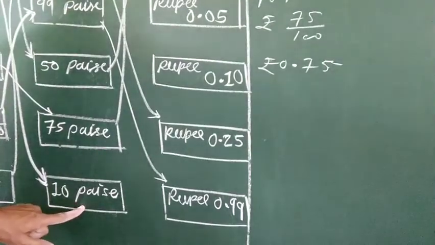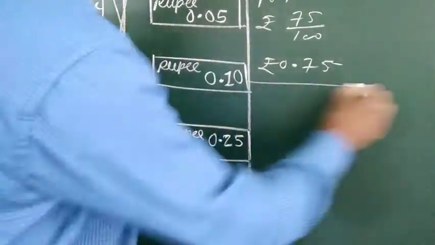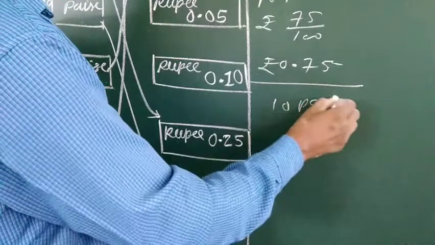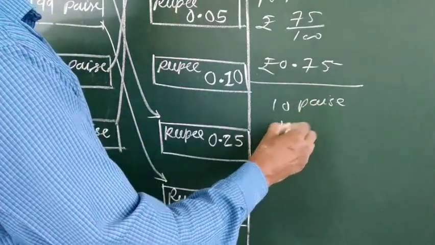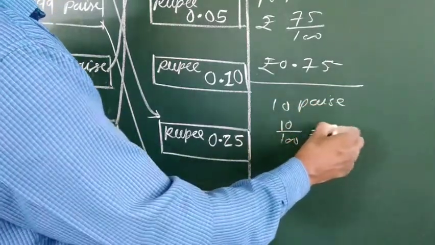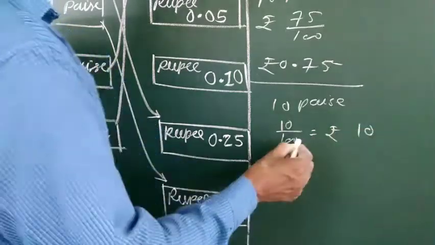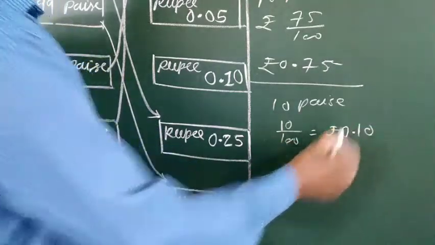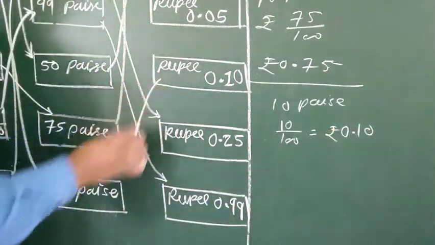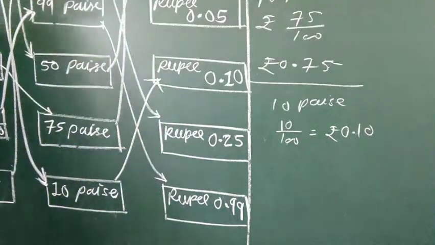It is 10 paise. So how will it be, beta? See, 10 paise means again 10 by 100. Like, it is rupees 10, write it, 1, 2, decimal, it is 0.10. It is like this. Okay. So this way here you can match this one with each other. Now come to the next part.